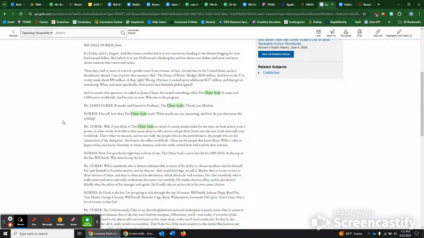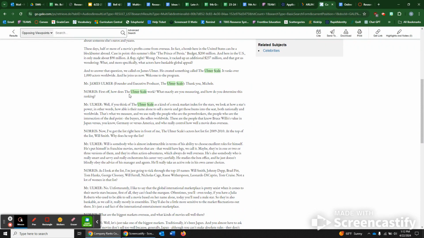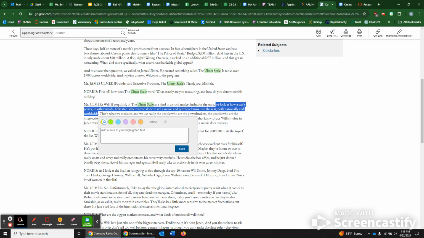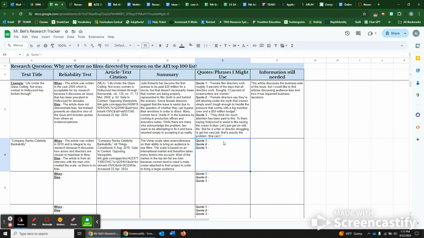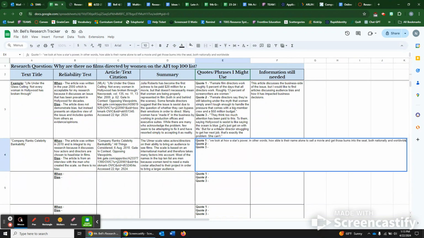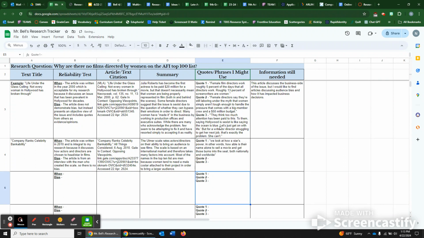One of the things that I thought was important was just describing how the Ulmer scale works. So basically what they say here is, "We look at a star's power, in other words, how able is their name alone to sell a movie and get those bums into seats both nationally and worldwide." I like that quote, so I'm going to copy and paste it in here under quote 1. Remember to use quotation marks. If you do Control-Shift-V, it will paste it in a way that still fits with the formatting that was already there. And then I'm not going to make you guys watch me find 2 other quotes, but